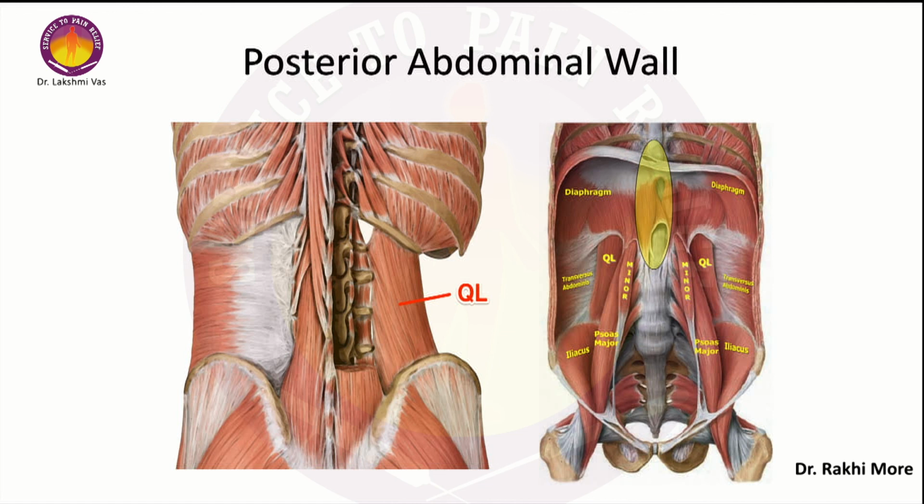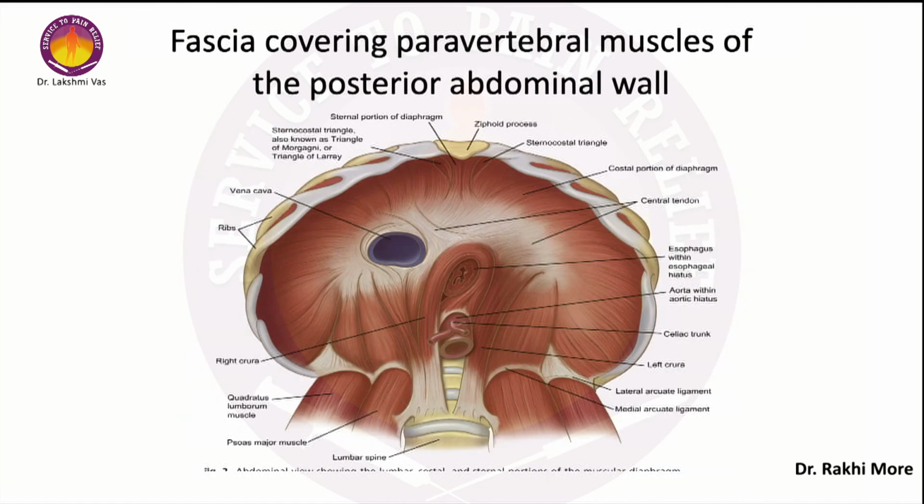If we see the posterior abdominal wall from the inner aspect, we can see the attachment of the diaphragm. Now, this diaphragm shows the medial and the lateral arcuate ligament, and it is a part of the thoracolumbar fascia, which will continue anteriorly as the fascia transversalis. So, here is the attachment of the diaphragm, which we are seeing from the lower aspect, and posteriorly we can see the muscle covered by the fascia, and this fascia will continue anteriorly as the fascia transversalis.